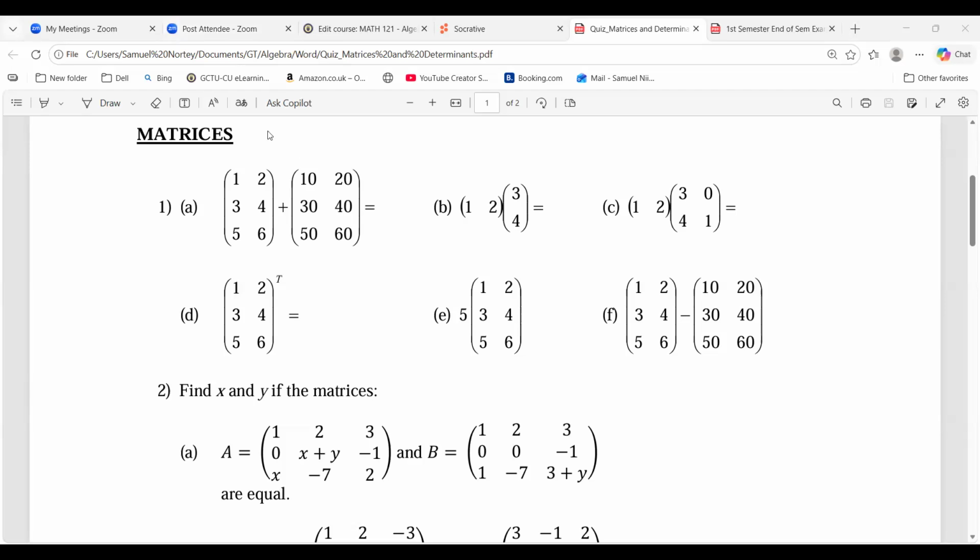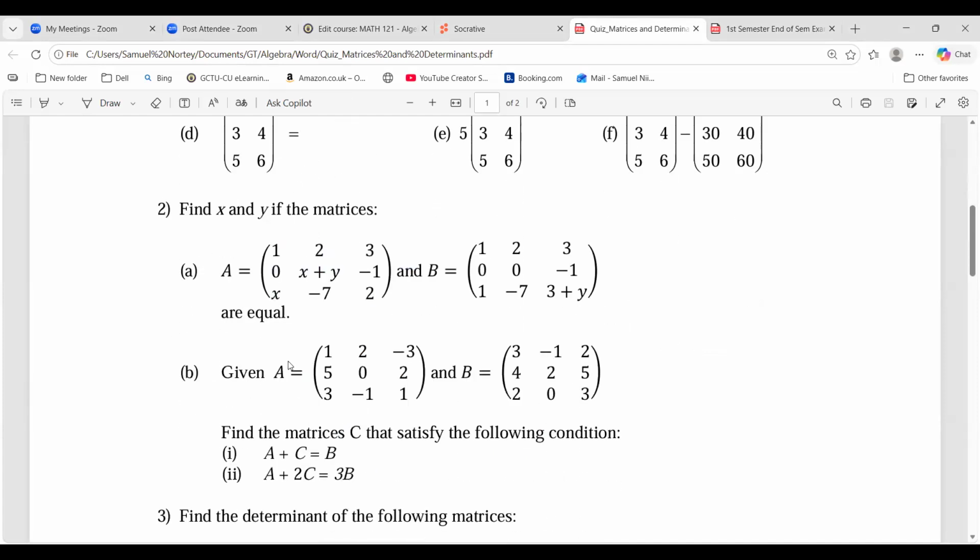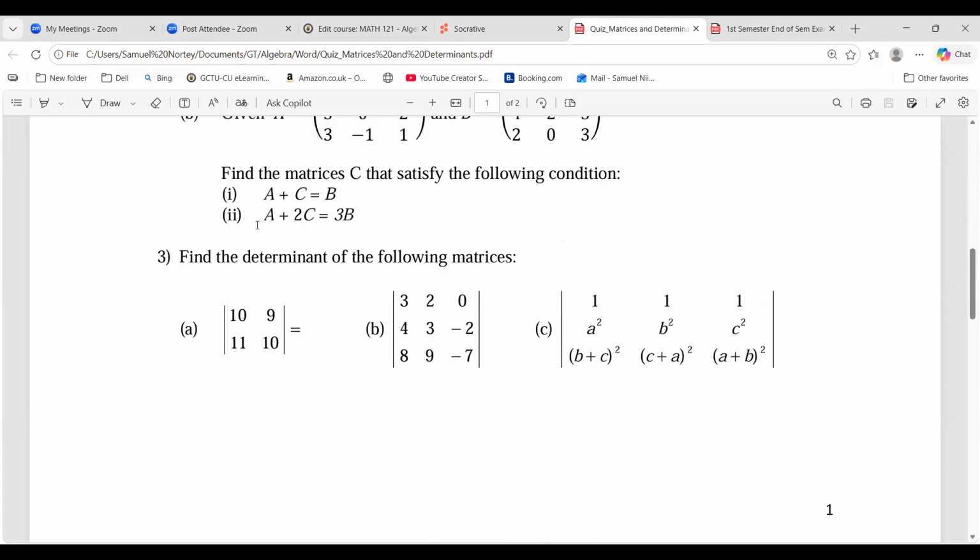Okay, so on the questions on the LMS, there are questions asking you to add matrices, multiply them, and also to be able to solve systems of equations like this. That's the first part. The second part, you're supposed to know how to find the determinant of 2 by 2 and 3 by 3 matrices, and also to solve a relationship like this. The final part,